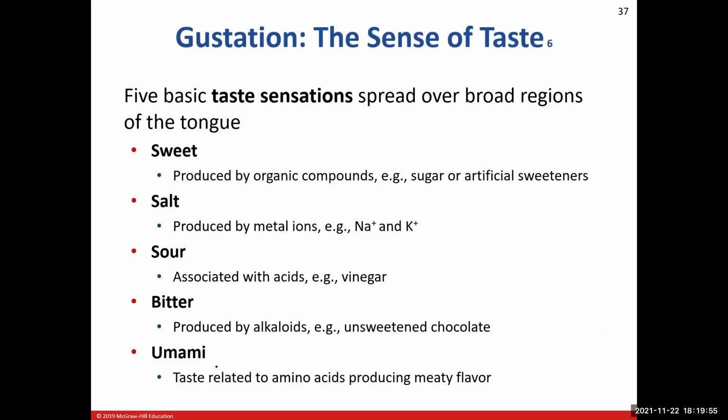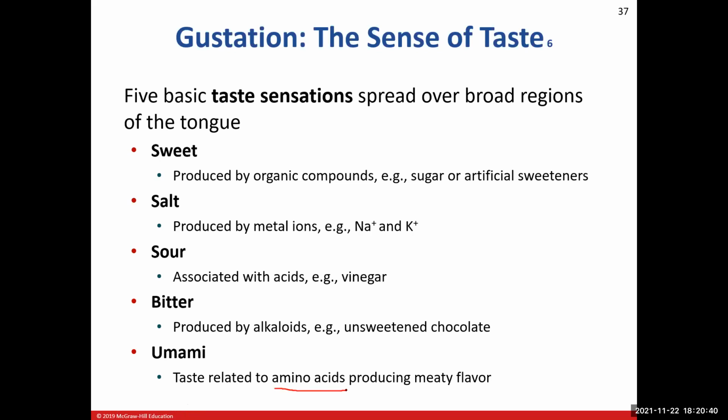So you might know that you have 5 different taste sensations. Now, if you recall, the definition of a sensation is when you have conscious perception of whatever those neurons were used to monitor a stimulus. So we have 5 basic taste sensations. We're all probably familiar with the first 4. The 5th one might be a new one that you're not familiar with. You have sweet, salty, sour, and bitter. And then umami, which is more of a meaty type of flavor, and that's due to